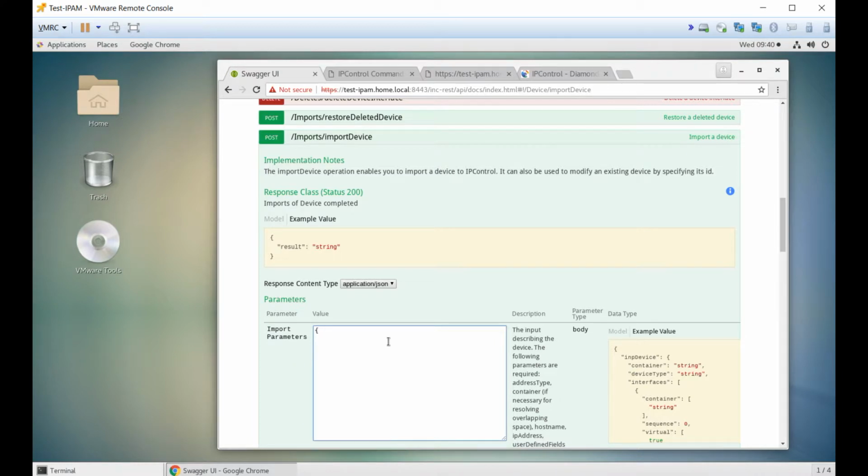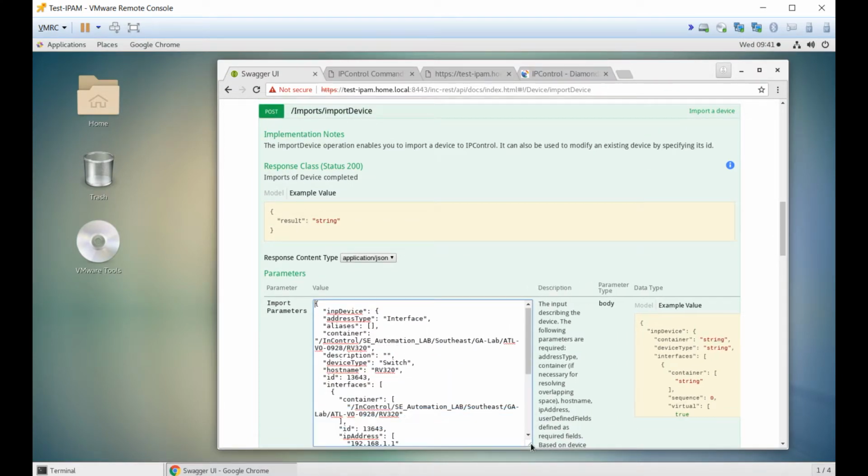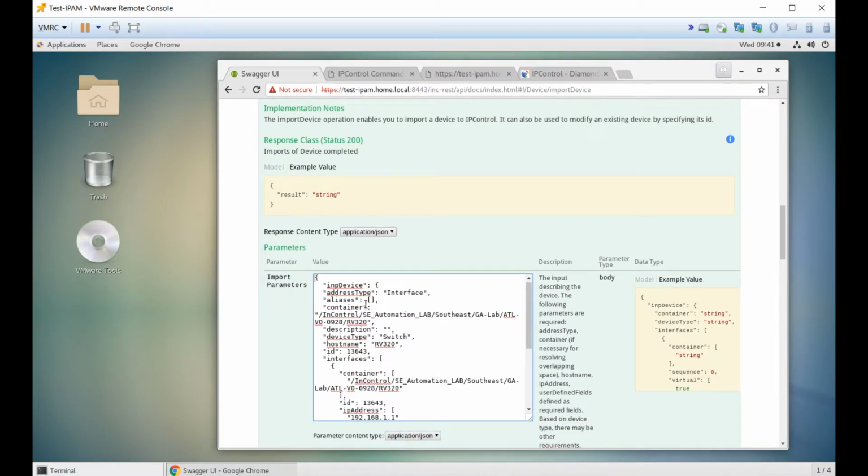So first thing I need to do here is go ahead and just type in that structure. I'm going to leave that opening bracket off. I'm going to go ahead and paste. That'll give me all of the JSON, and I'm going to close that structure with the opening input device. So what I should have now is the full device structure that I can now manipulate for my test and for this example. So here, the first thing is I don't need to have the address type as interface. I want to set this up as static to tell it the address type, to make it a static IP